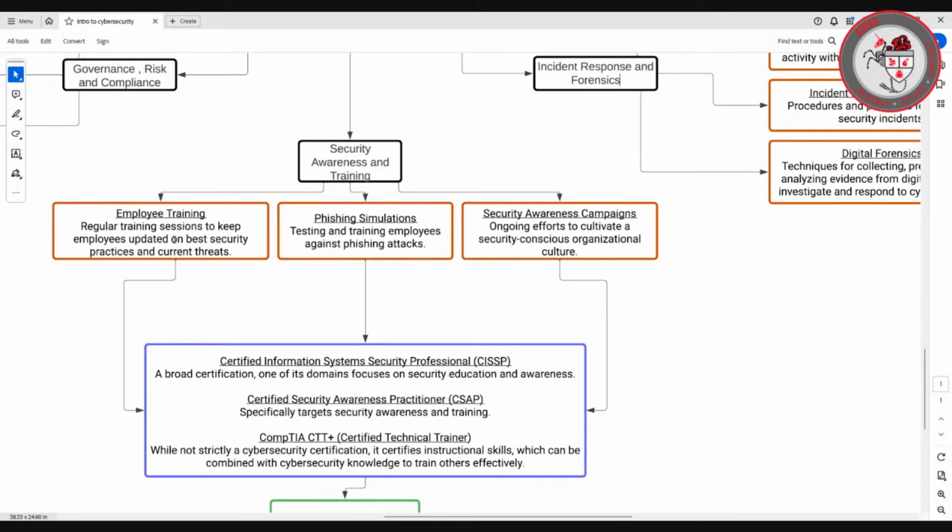Security awareness and training. We have employee training, and if you've worked like I've worked, you have to do your yearly security awareness training, and throughout the year they'll run phishing simulations. So you get some crazy email from your uncle in some foreign country asking you to cash a check, or to give them $50 to get $1 million back. And then we have, of course, the security awareness campaign, which, when done really well, is super beneficial and useful to organizations,